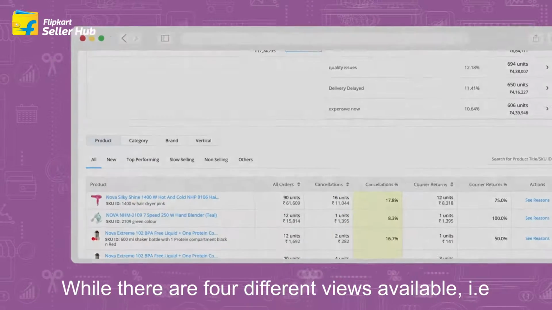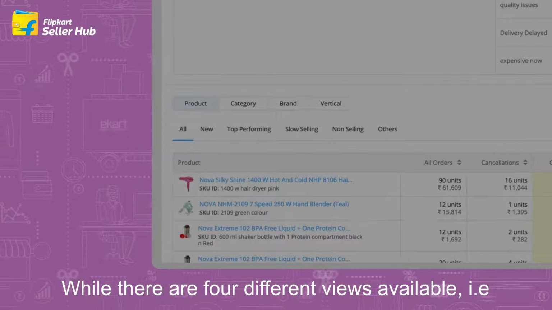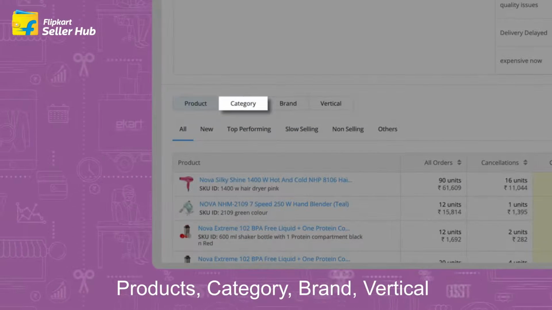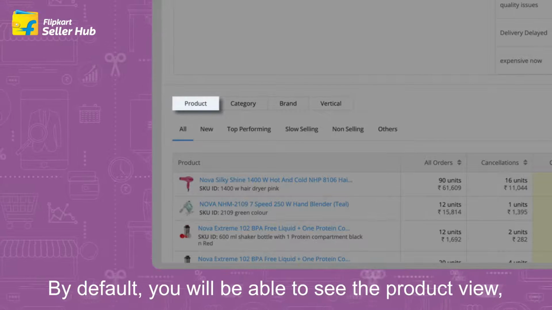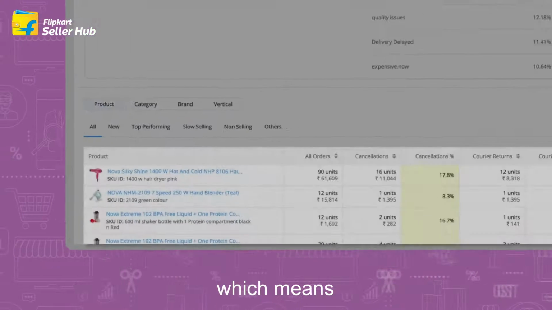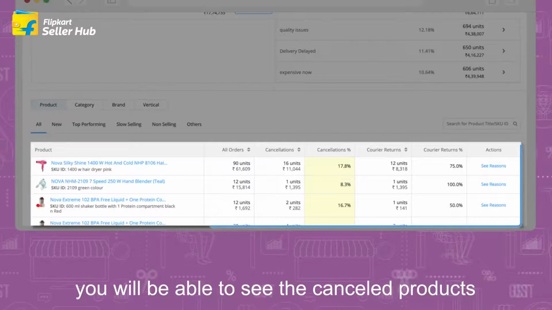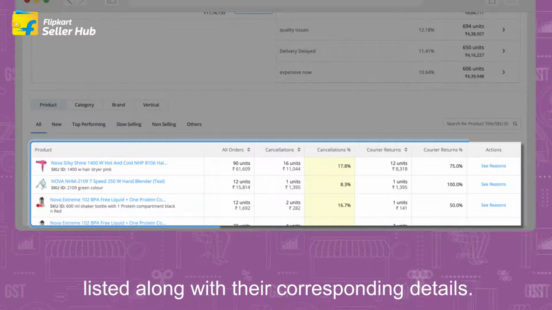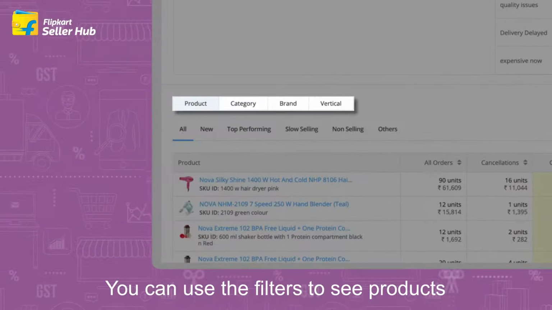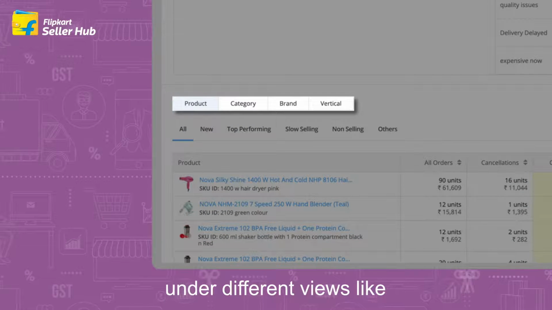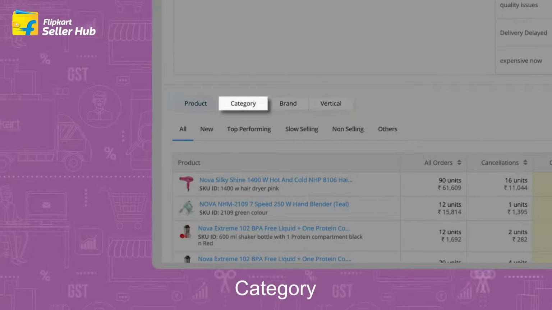While there are 4 different views available, that is, products, category, brand, vertical, by default, you will be able to see the product view, which means you will be able to see the cancelled products listed along with their corresponding details.